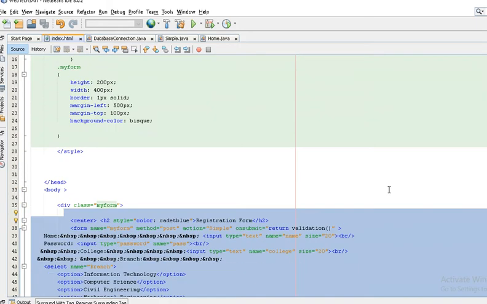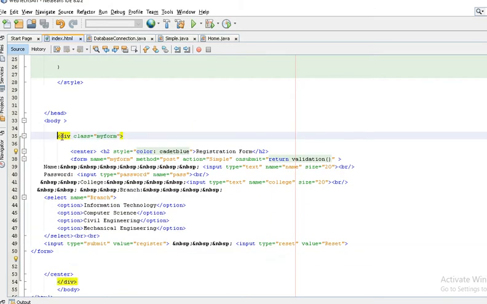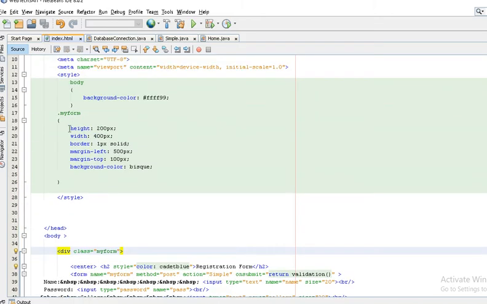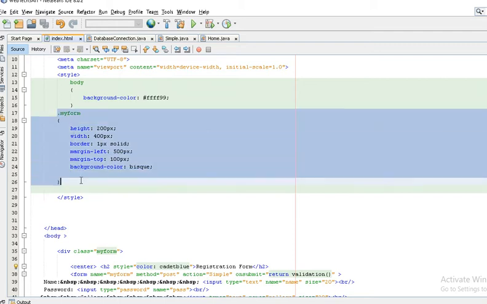I'm using a div class, and the class name of my div is my form. And .myform is the way to implement the class in the CSS part.